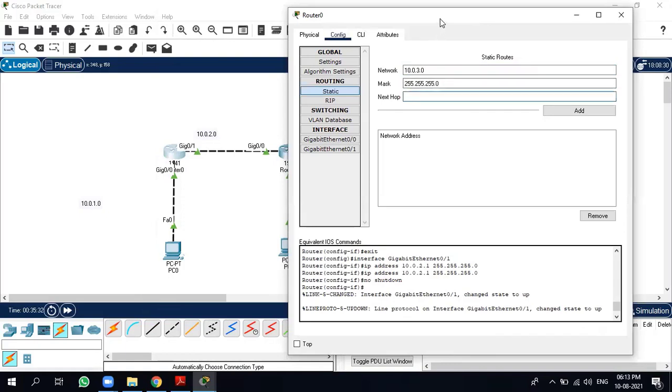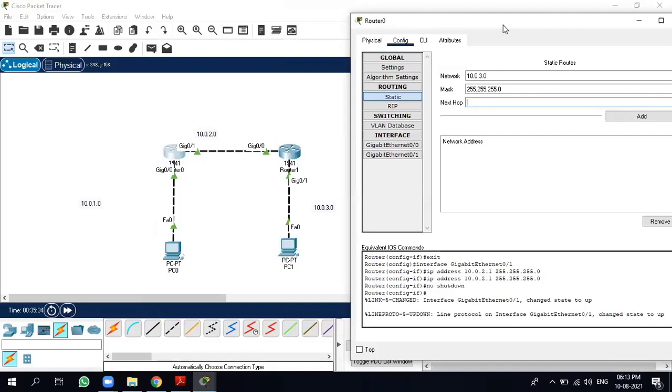What is the next hop then? So what we will add over here? We will add IP address of this router for the second network. Whenever PC0 will send packets to the router 0, router will pass on that packet to router 1. The packet will first go here, then it will jump here and reach to the destination like this. So that is why we need to add IP address of router 1 of the network 2, that is 10.0.2.2. Add it over here.